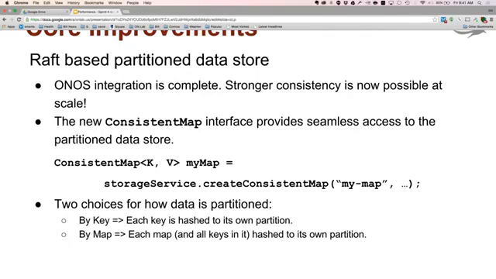We have two abilities to specify how the data is partitioned. You can either partition it by keys, which means that each key is going to be mapped into its own partition. This essentially allows having the global state divided among the different clusters. Alternatively, you can bind the whole map to its own partition, which means that the map will only be distributed partially throughout the cluster. Both approaches have their own